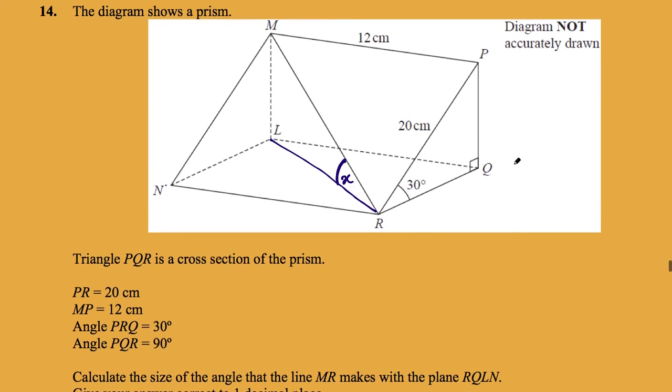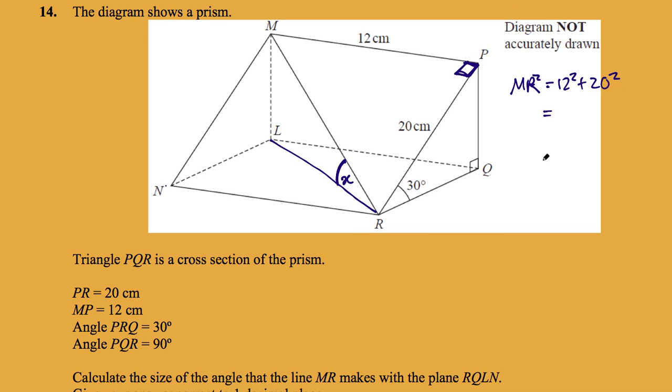So in order to do that, I'm going to need to know the length of line MR. This is a prism, so that is a right angle there. So all the faces in a prism are rectangles. So that's going to enable me to work out MR using Pythagoras' theorem. I'm going to be able to work out ML because ML will be the same as PQ, and I can work that out using this line and this angle using right angle triangle trigonometric ratios. And once I've got that and that length, I'm going to be able to work out X also using trigonometric ratios. So first of all, MR squared is the hypotenuse, so that is 12 squared plus 20 squared,